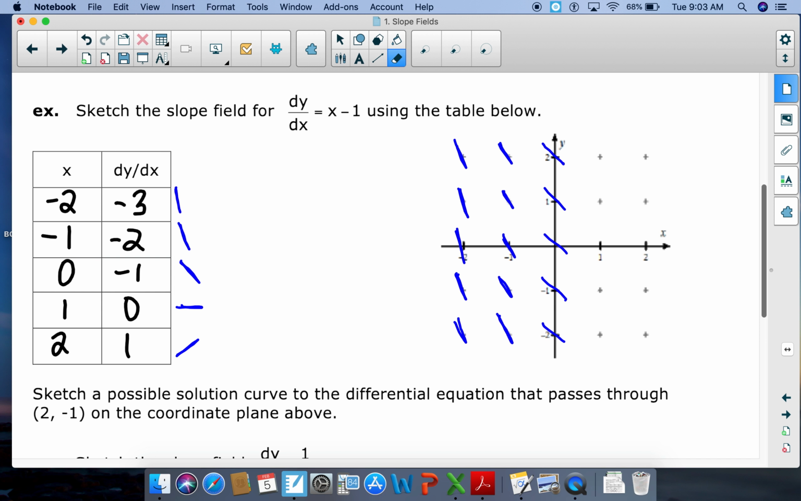When x is 1, my slope is 0. So anytime my x is 1, which is at every single point along there, I get that type of slope. And then of course at 2,